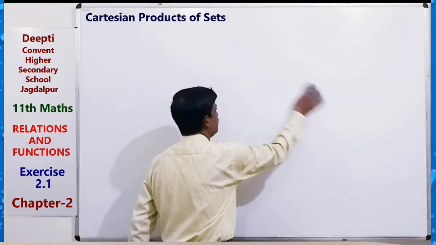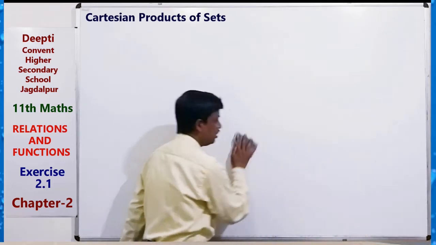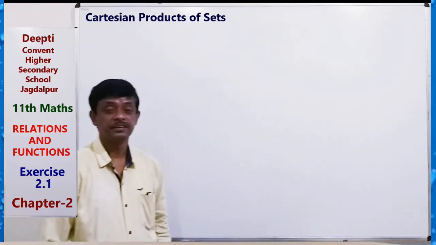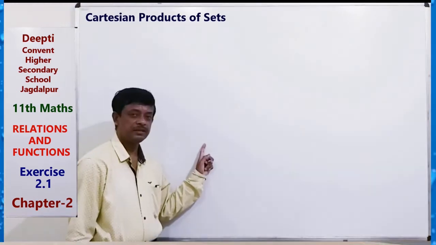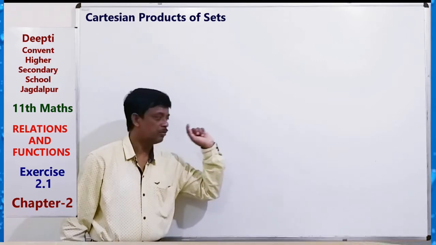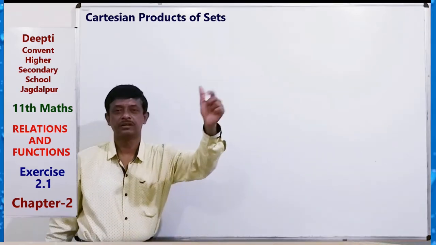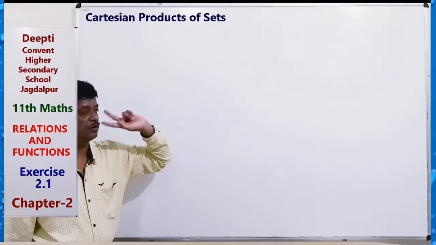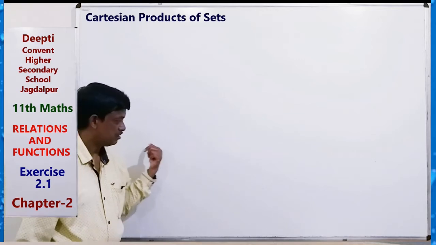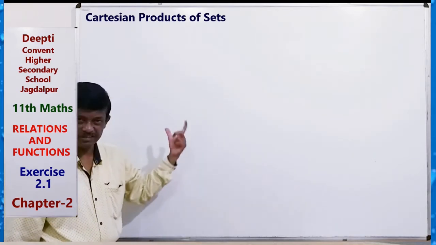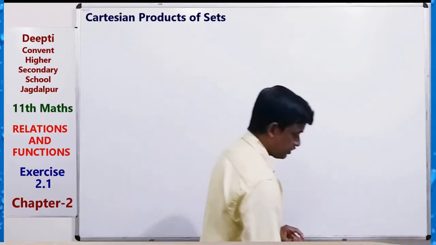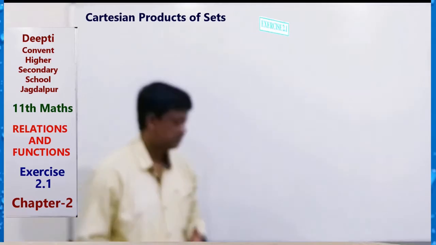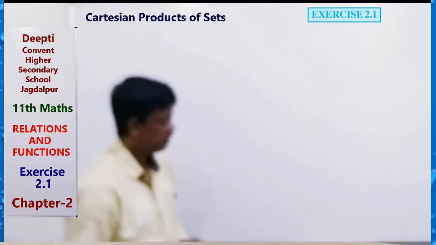If we are given the Cartesian product, elements of the Cartesian product, then how can we find the sets A cross B? The set of all the first elements of the ordered pairs is the first set, and the set of all the second elements of the ordered pairs is the second set. That is how we find the sets. Clear? Now there are some examples also in the book, so you should practice from the examples.